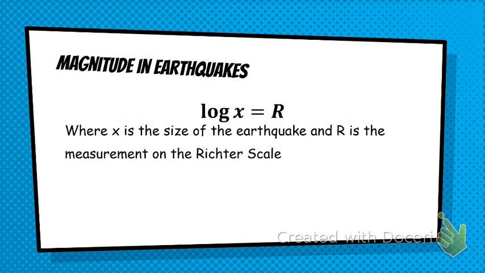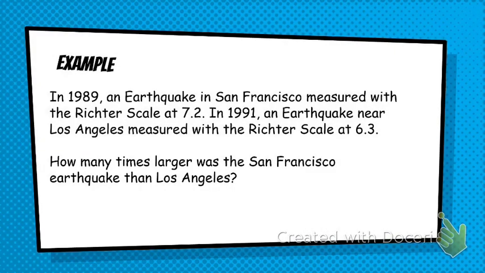All right, so to find the magnitude in earthquakes, we have this short little formula: log of x equals r, where x is the size of the earthquake and r is the measurement on the Richter scale. So the Richter scale is the log of whatever that size is. What we're going to do here is compare two earthquakes and see how much greater one is than the other. In 1989, an earthquake in San Francisco measured on the Richter